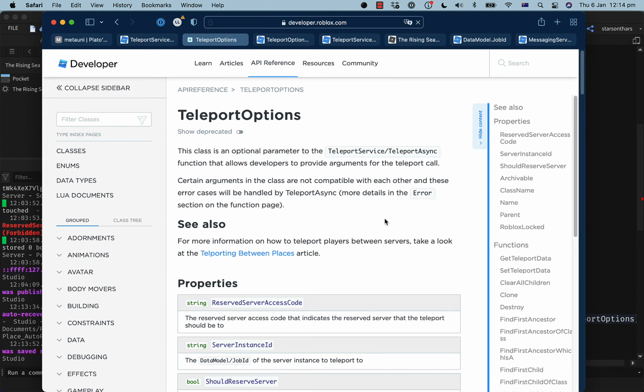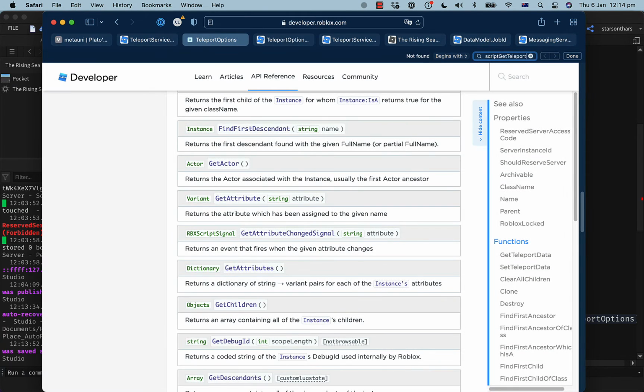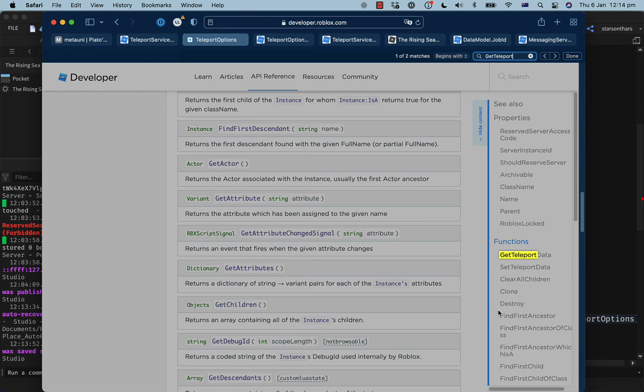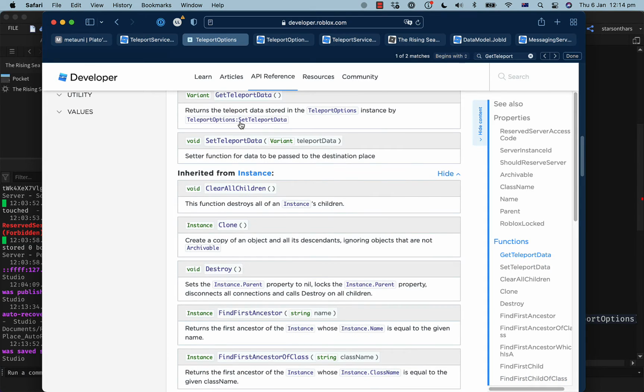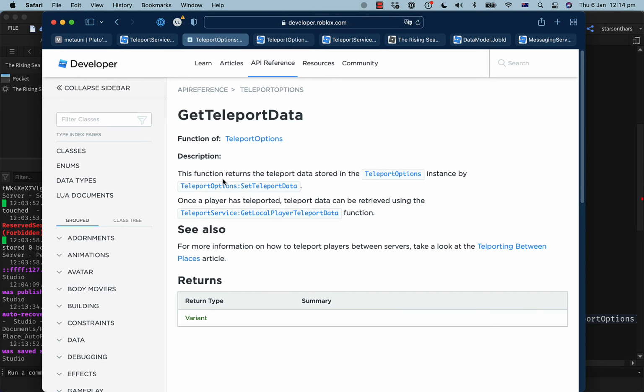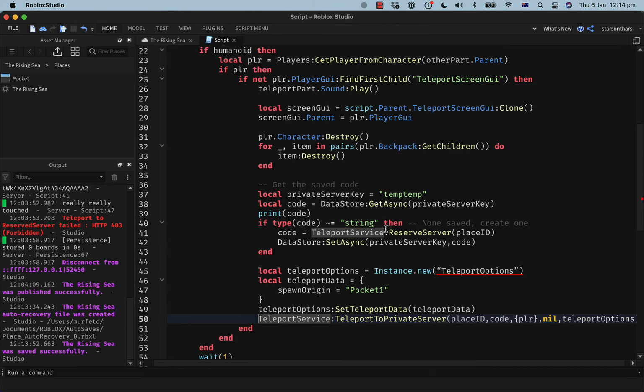Where's get teleport data? Yep, makes sense.